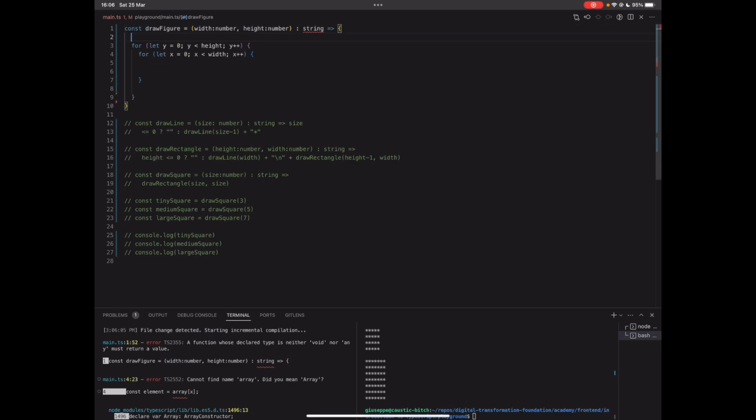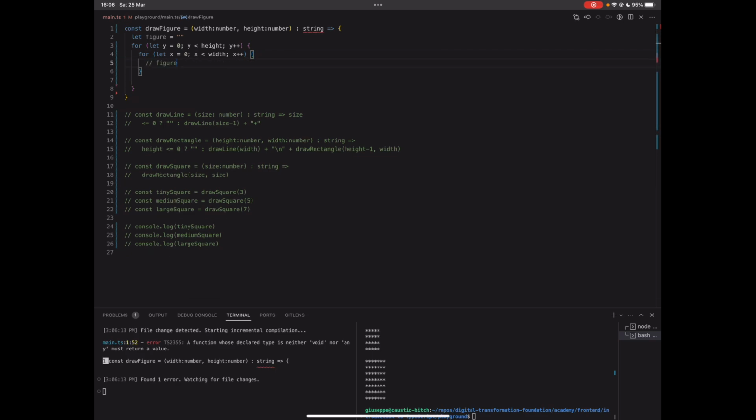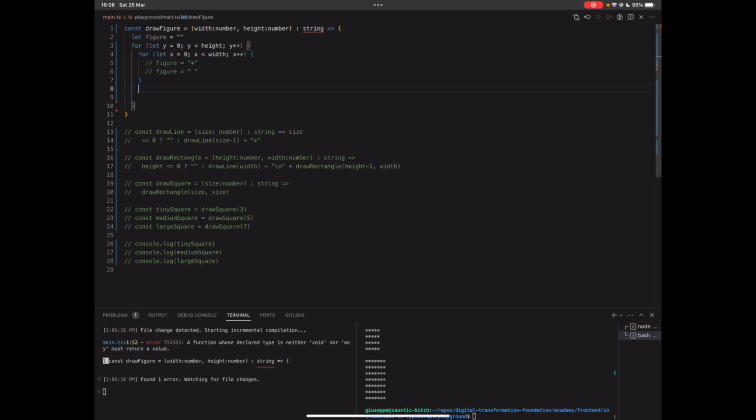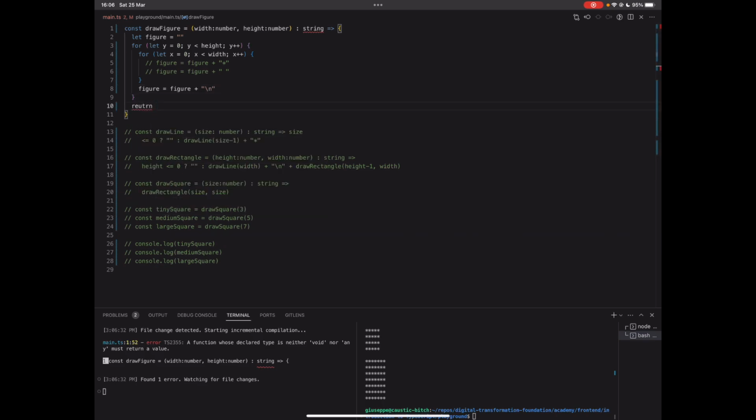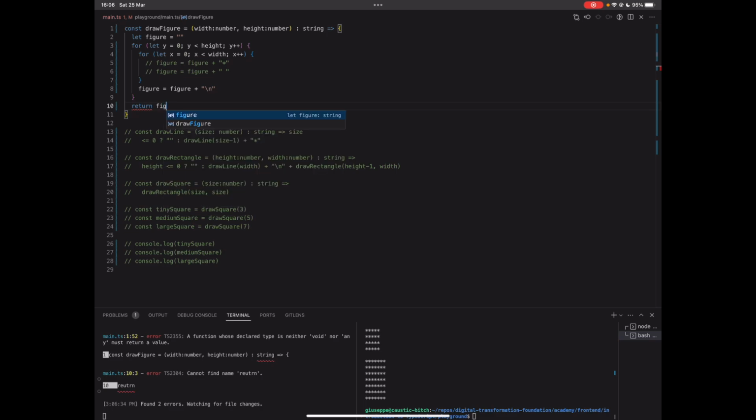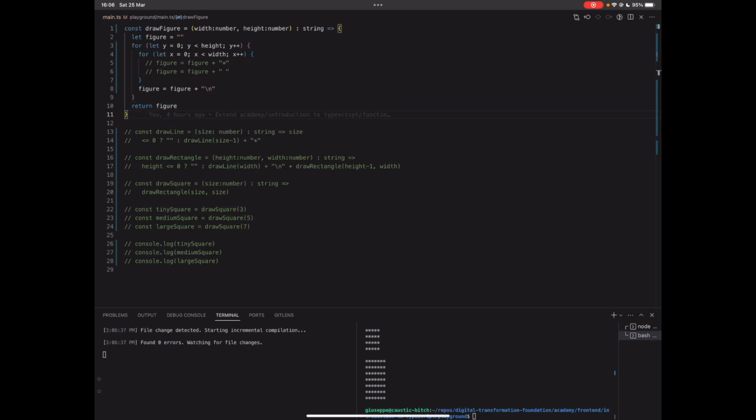Okay, cool. Then we have to accumulate, of course, the result of drawing the whole figure. We start at empty. Here, in the case of, let's say, grayscale, we're going to have either an asterisk or a space. Well, we will add either an asterisk or a space, and at the end of the row we have to add a \n. Now TypeScript is complaining,